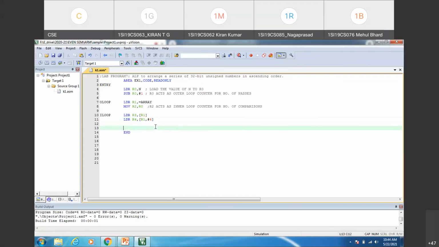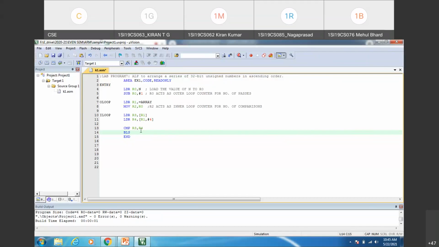Now we shall compare. Once the two array elements are read, we compare these two: compare R3 comma R4. We are comparing the first element with the next element in the array. Since unsigned numbers are stored in the array, we interpret the data as unsigned. So after comparison we use the branch instruction BLS.